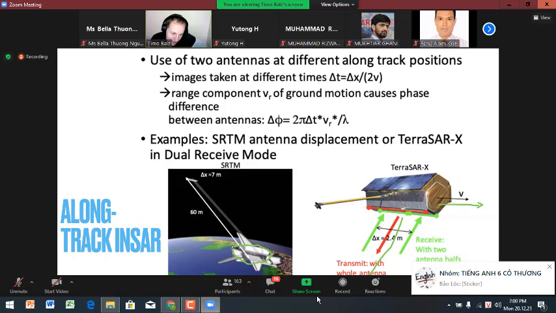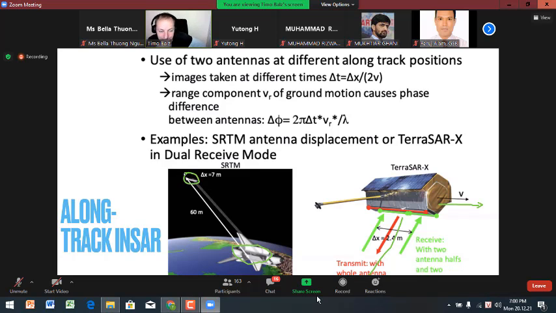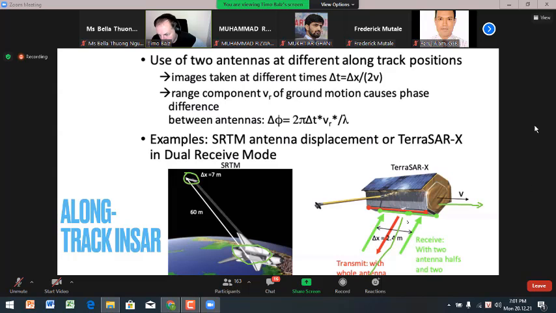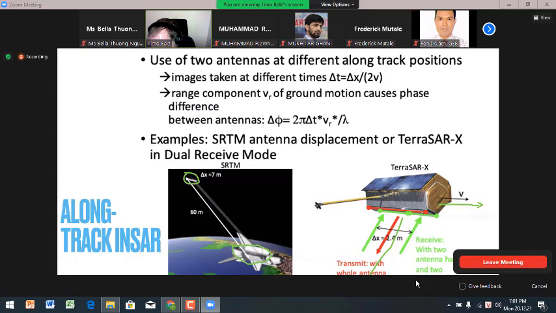If we separate that antenna from that antenna and take the time difference between them, which is very short, but there is a time difference, then we can look at what is moving a centimeter, some millimeters, during that short time. Okay. Or the other one is here, TerraSAR-X, by separating the antenna